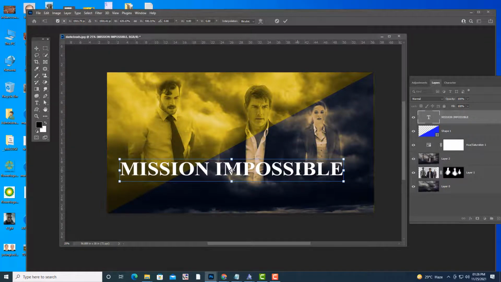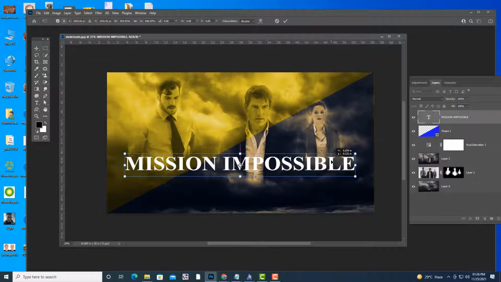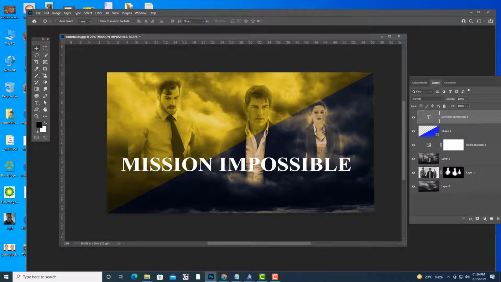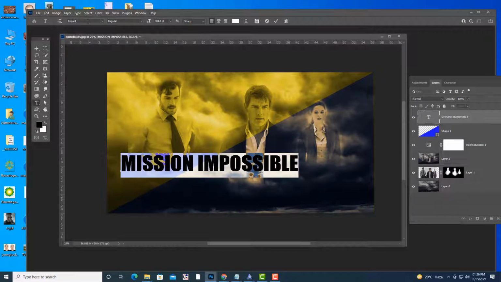So which font will we use actually? We will use Impact. We can use Impact. Okay. And we can use control shift.